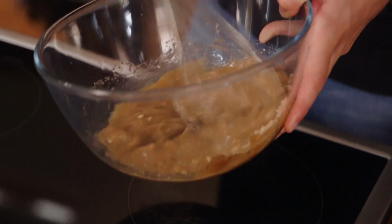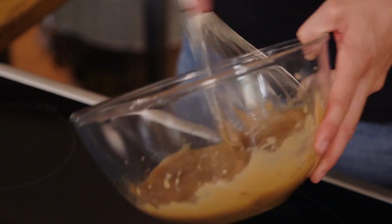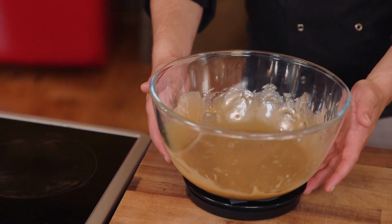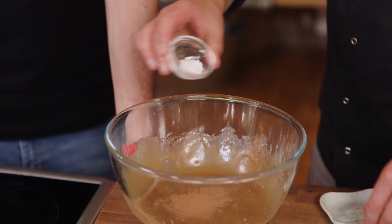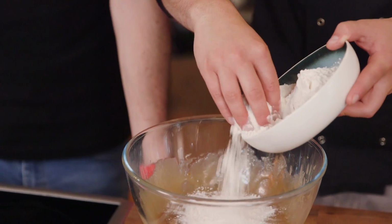You want to whisk it to get rid of any lumps there might be in the brown sugar and to make sure the butter is evenly dispersed, which is why your butter should be soft and at room temperature. If it's not, 10 seconds in a microwave will sort that right out. Put it back on the scales and reset it to 0. And now the dry stuffs. Little pinch of cinnamon, baking powder, which is our raising agent, and then you want to weigh in 120 grams of flour,